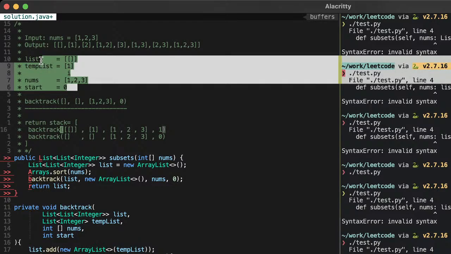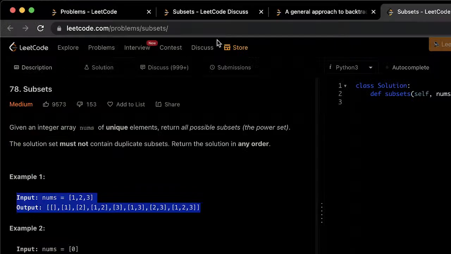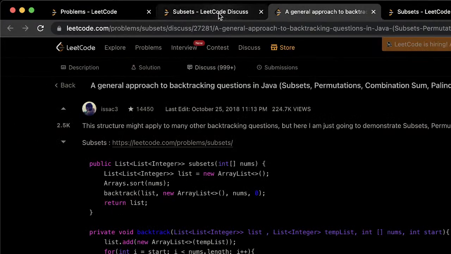So I would like to see an iterative solution first before I try and understand this recursive solution. That makes it a little tougher because you have to know how Java handles variable scope. If we're changing list inside this one, is that going to change the global one? It's just confusing. Let's see if we can find an iterative solution.